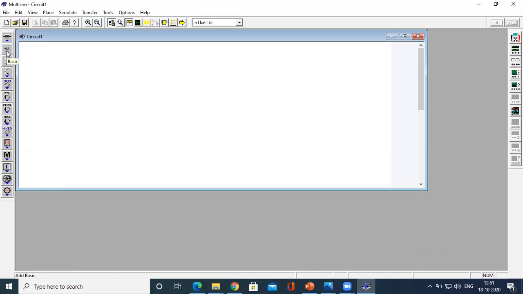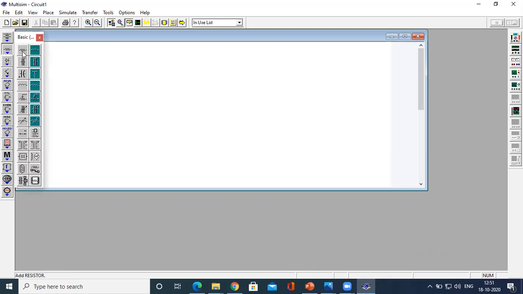Again, click on the drop-down menu, that is Basic. Basic means it consists of resistors, capacitors. I'll just click on that. You could see all these things, right? And there are two types of resistors. One is non-virtual, that is, this is a resistor, it is not virtual. And on the right hand side, you could see a green background. That is called a virtual resistor. So it is always better to use a virtual resistor rather than a non-virtual resistor. The main benefit of using a virtual resistor is that you can modify the resistor values in between. They are not fixed. Similarly, you could see the virtual capacitor, then you have the virtual inductor, all those things.